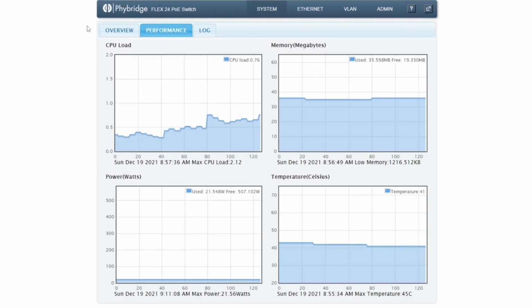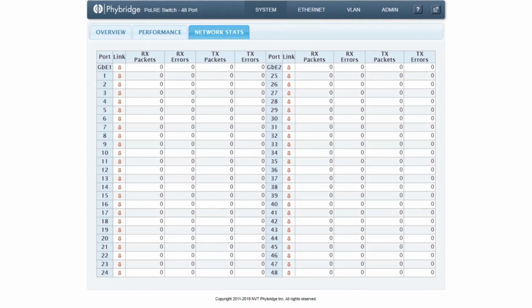Transitioning into the Performance tab, we can look at 4 live tracked panels which record CPU load, memory, power usage, and temperature. It is important to note that the Polar managed switches differentiate from Clear and Flex in that it has a Network Stats tab instead of a Log tab found in the System page. If we look at the Polar's Network Stats tab, we can see real-time activity for each of the uplink and downlink ports, recording their current link status, number of packets transmitted and received, and the errors that occur within their